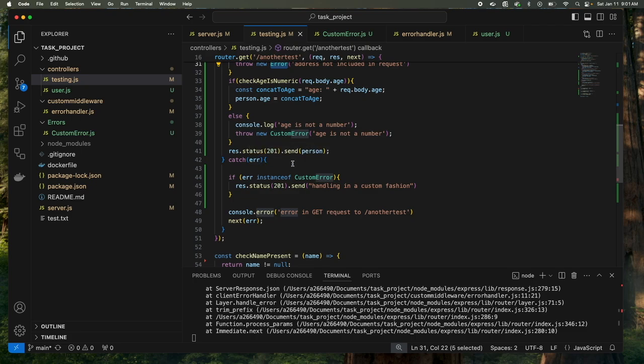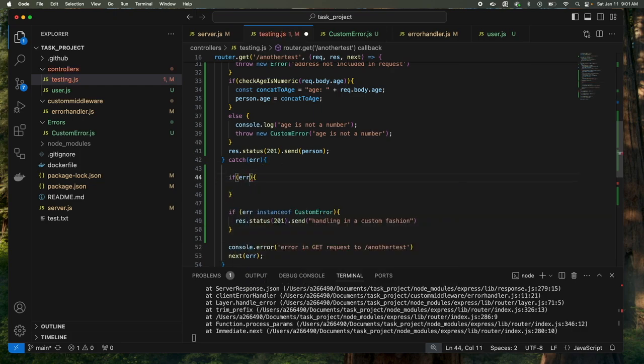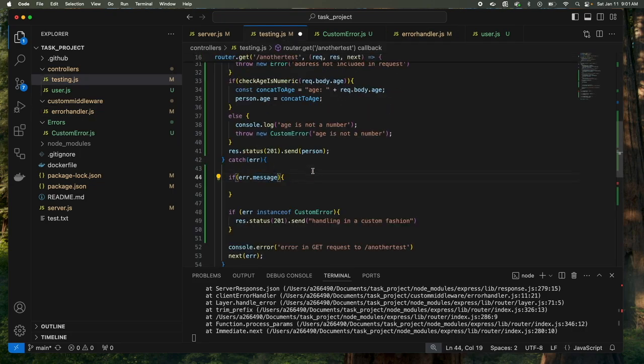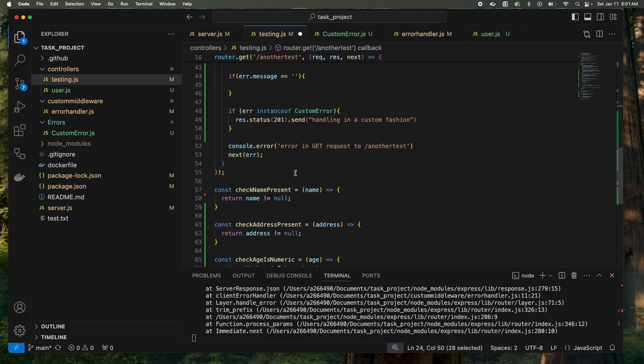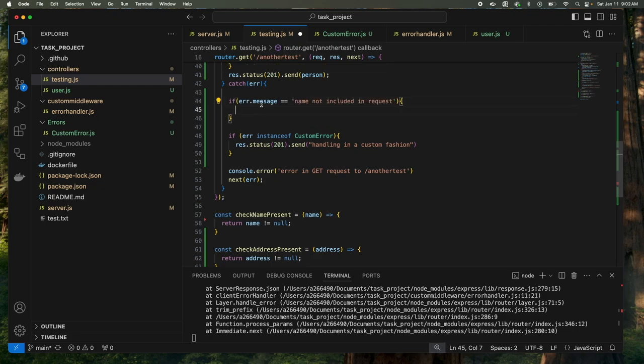But you could do an if condition that basically checks like, hey, if error dot message is equal to, oh, I don't know, this,